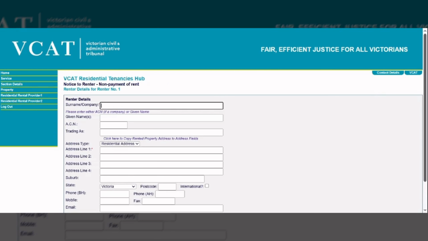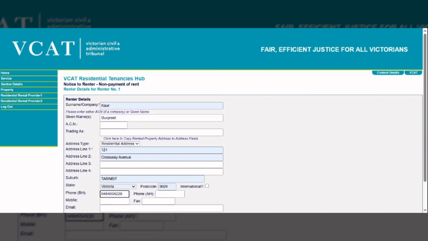For example, the renter's name is Gurpreet and the surname is Kaur. The residential address is 121 Crossway Avenue. Let's take an example for the contact number and the email address.